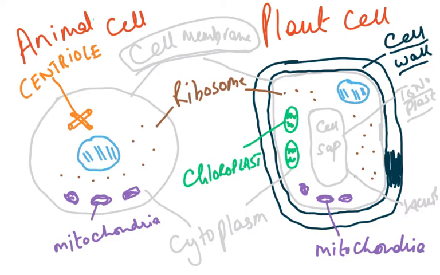Then the cell membrane is present in both animal and plant cells. Then cytoplasm is present in both. Cytoplasm is the gel-like or the liquidy part of each cell. Then we have mitochondria, which are the powerhouse, you say, or some of you say it is, they